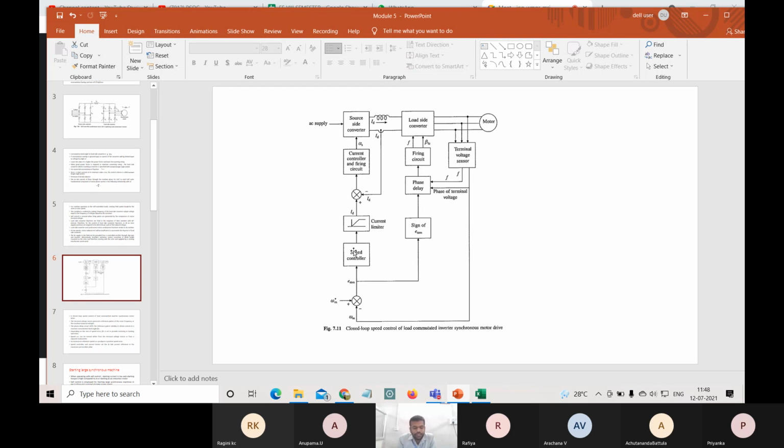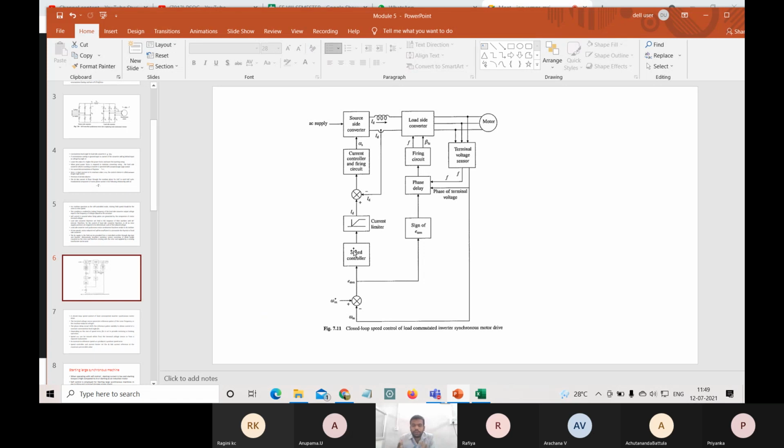Similarly, a reduction in the reference speed produces a negative speed error. An increase in speed produces a positive speed error, and a decrease or reduction in the reference values produces a negative speed error. When the negative speed error takes place, at that time beta LC is converted into regenerative braking. Before that, beta LC was produced due to the positive speed error. Now it is produced because of the negative speed error, so regenerative braking operation takes place.